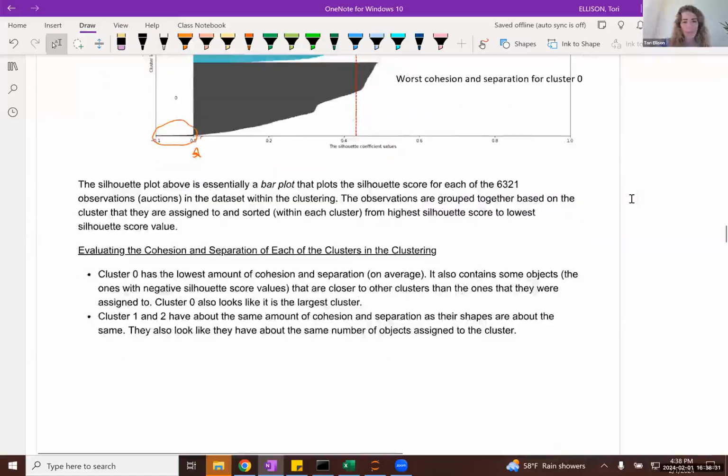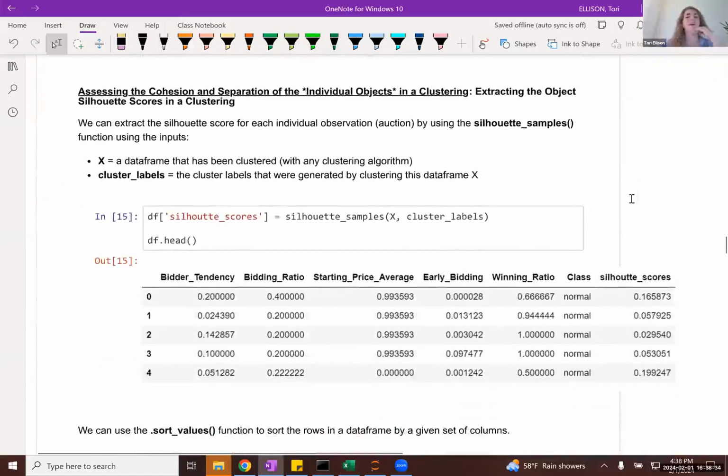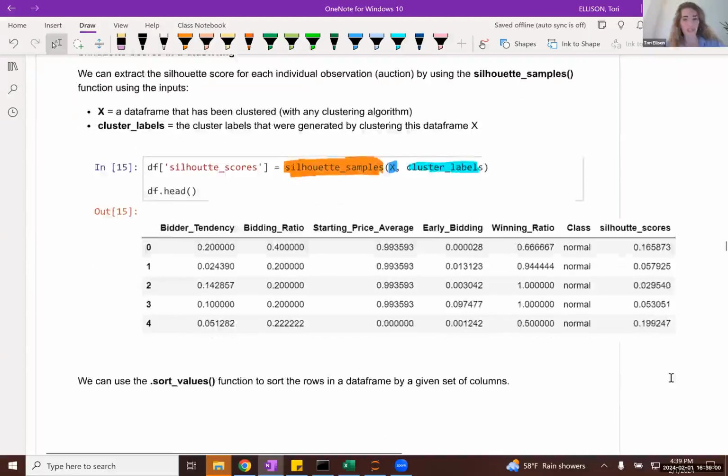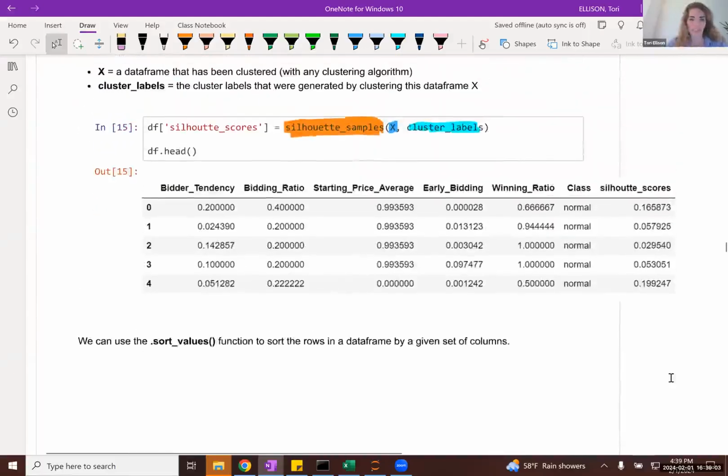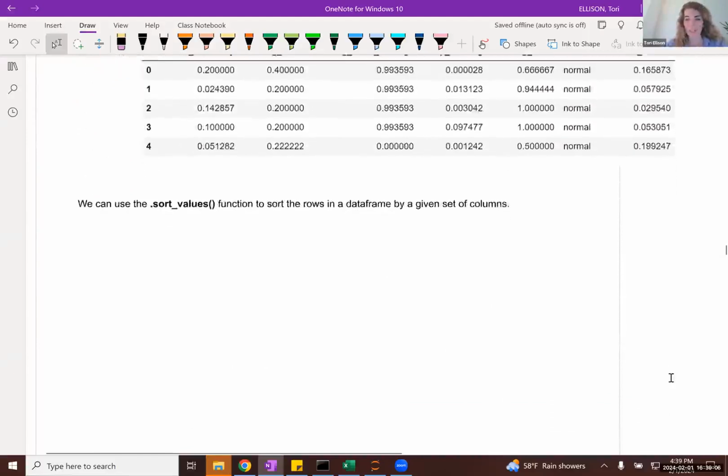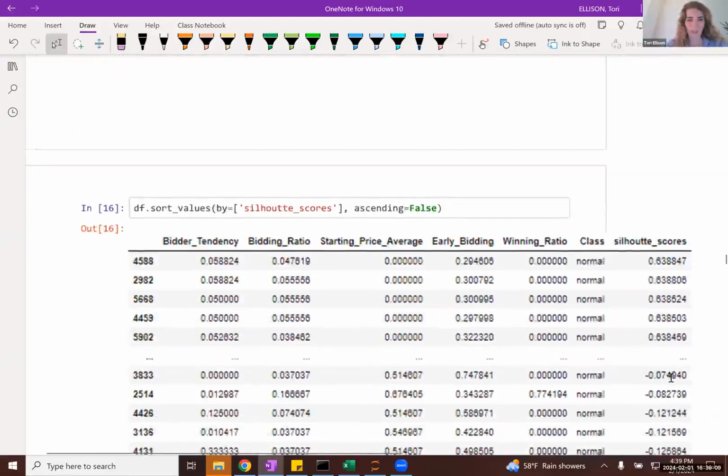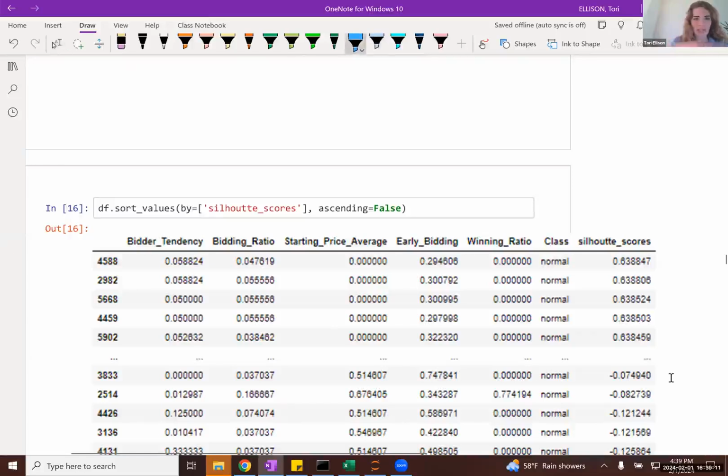Okay. And if we, for instance, want to find the silhouette score for each individual point, the nice thing is there is actually a scikit-learn function for that. So we can use the silhouette samples function. We can give it our data set that we've just clustered, as well as the corresponding cluster labels of the clustering. What that does is create a corresponding set of silhouette scores for each point. And if I wanted to get a sense as to what those silhouette scores look like, for instance if I wanted to sort them, I can take my data frame,